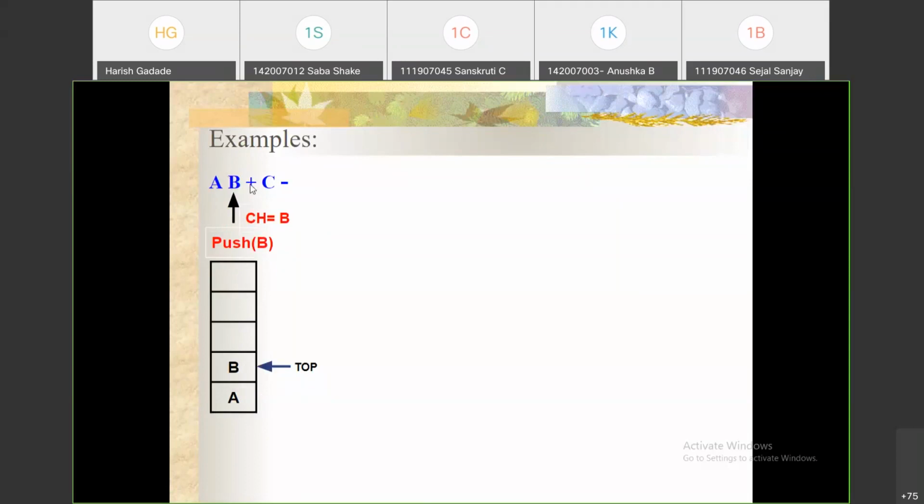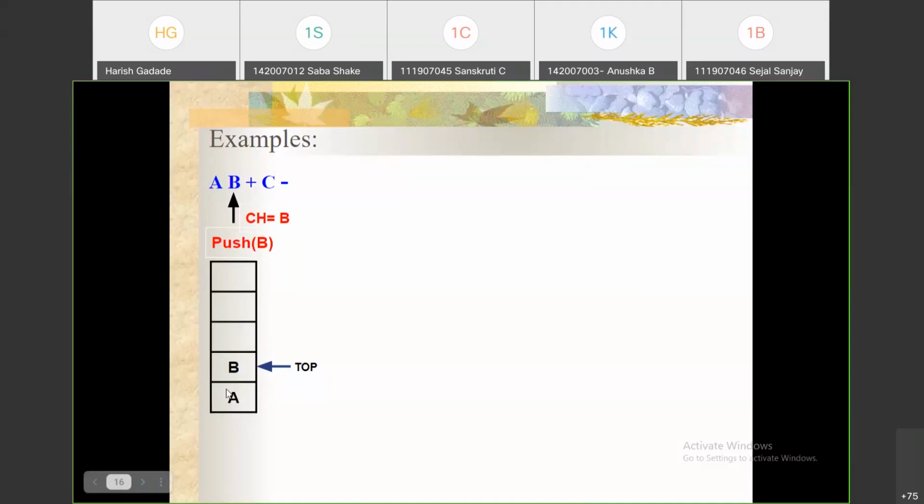If an operator is there, then pop the top two elements from the stack and perform the operation, or prepare that string accordingly. As we are converting postfix to infix, pop these top two elements. This is operand 1, this is operand 2.